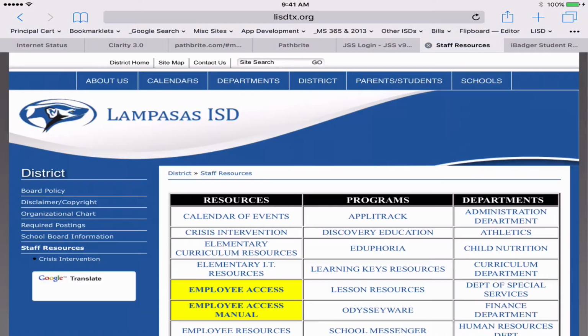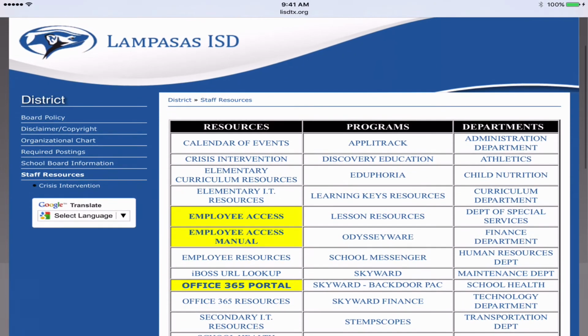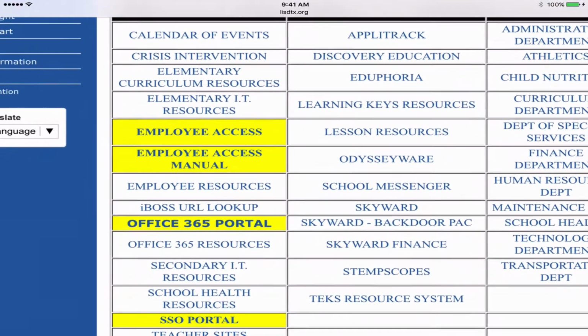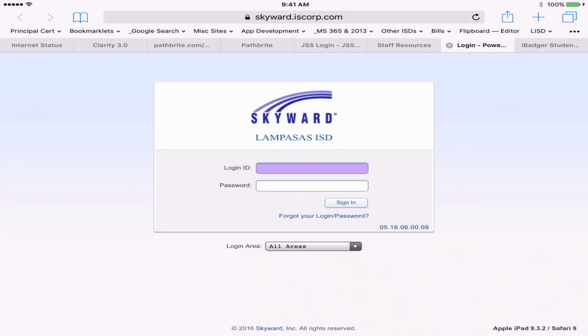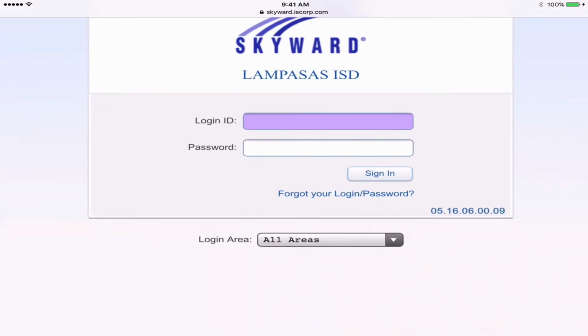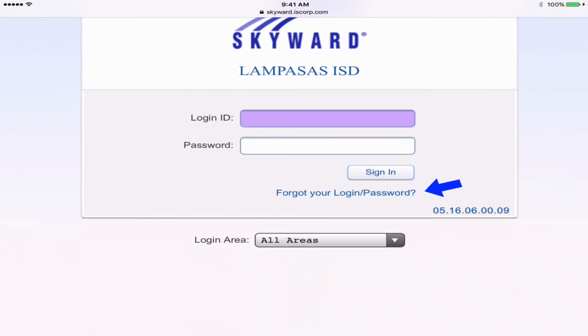When you go to Staff Resources, it will take you to a section where under Programs you can see a link to Skyward. You're going to want to make sure you're clicking on Skyward and not any of the others like Skyward Backdoor Pack or Skyward Finance. We want Skyward. That'll take you here, and from here there's a Forgot Your Login or Password button. If I click on that,